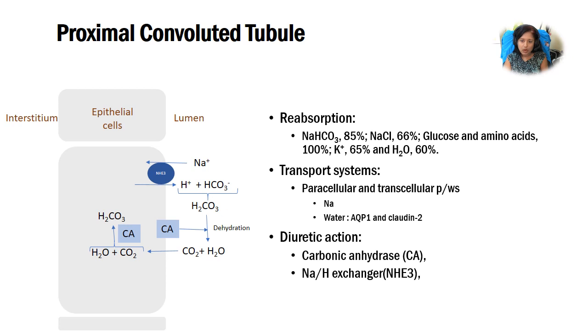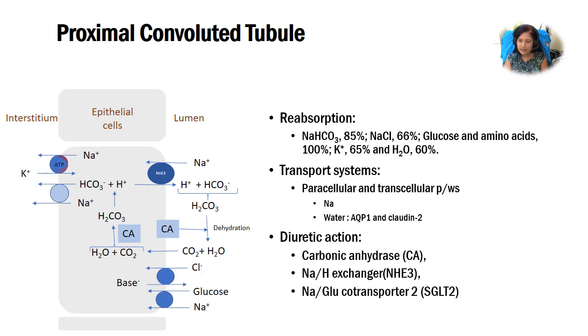And in all portions of the nephron, you'll have the sodium potassium ATPase on the basolateral membrane, which would pump the reabsorbed sodium into the interstitium in order to maintain that low intracellular sodium concentration. The hydrogen that is released in the lumen is then available to combine with bicarbonate to form carbonic acid,